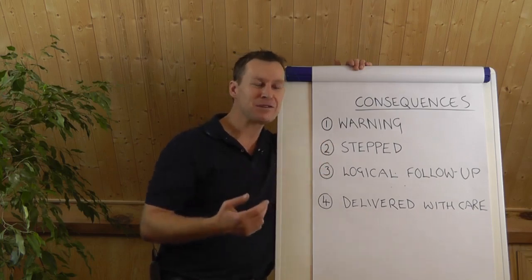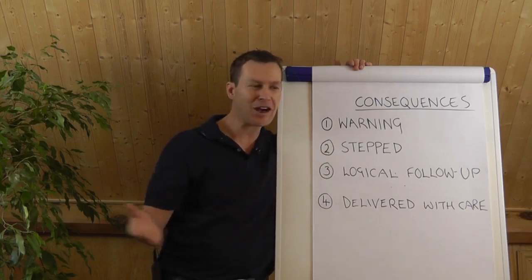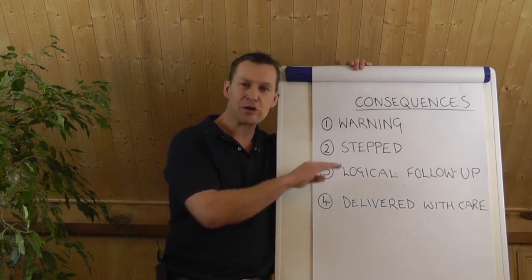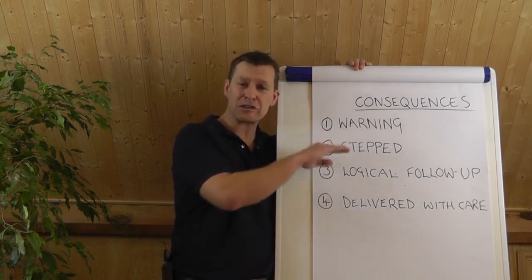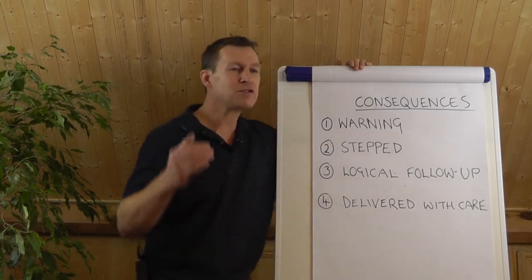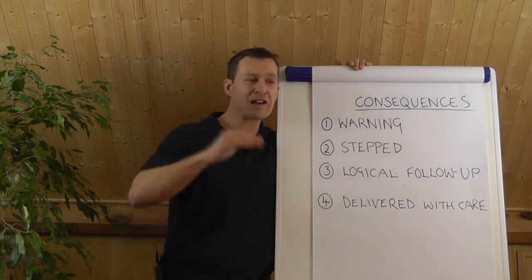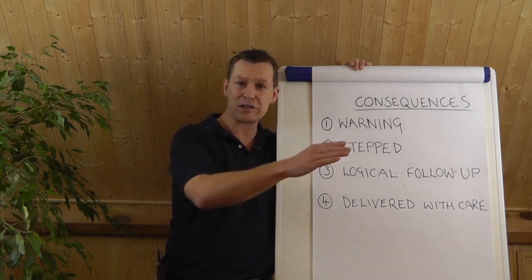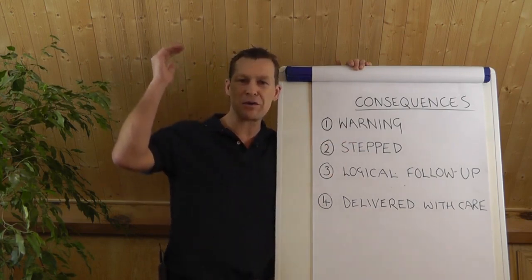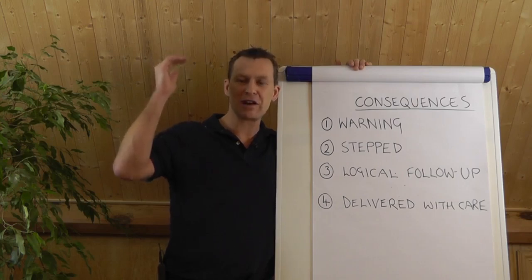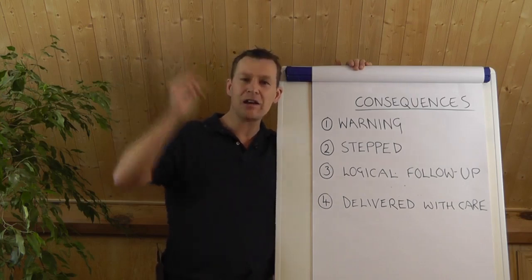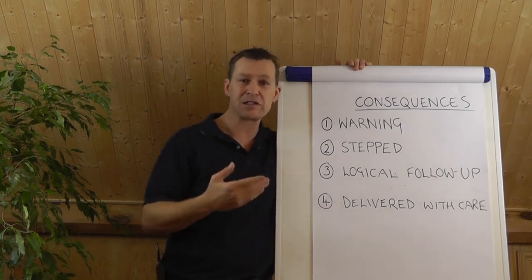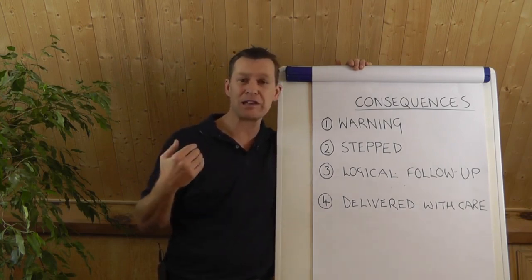So the head teacher would come to me after the lesson and say, what are you playing at? You can't send kids out all the time like this. You need to have stepped consequences in place. You need somewhere else to go. Because if I'm shouting at the top of my voice and I've used my ultimate consequence, which is sending them out to the head teacher's office, where else do I go? What else is left? I've got nowhere else, nothing higher if that behaviour escalates, or if they ignore me, or if they answer me back. I can just repeat exactly the same again.